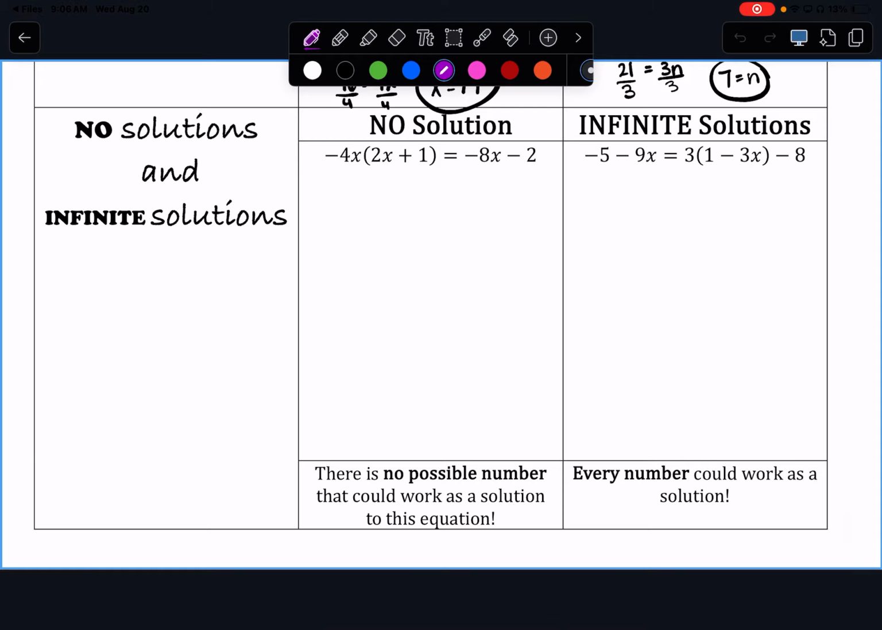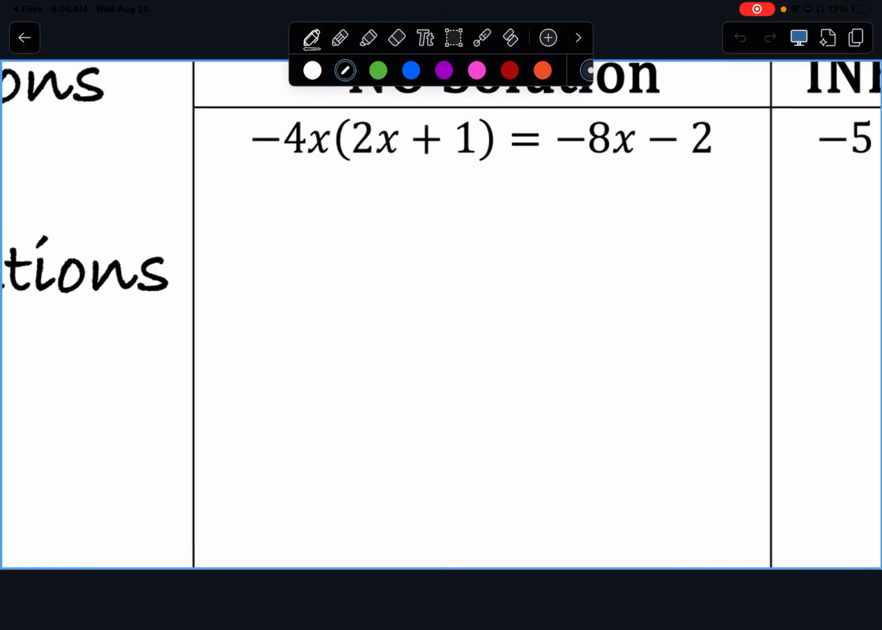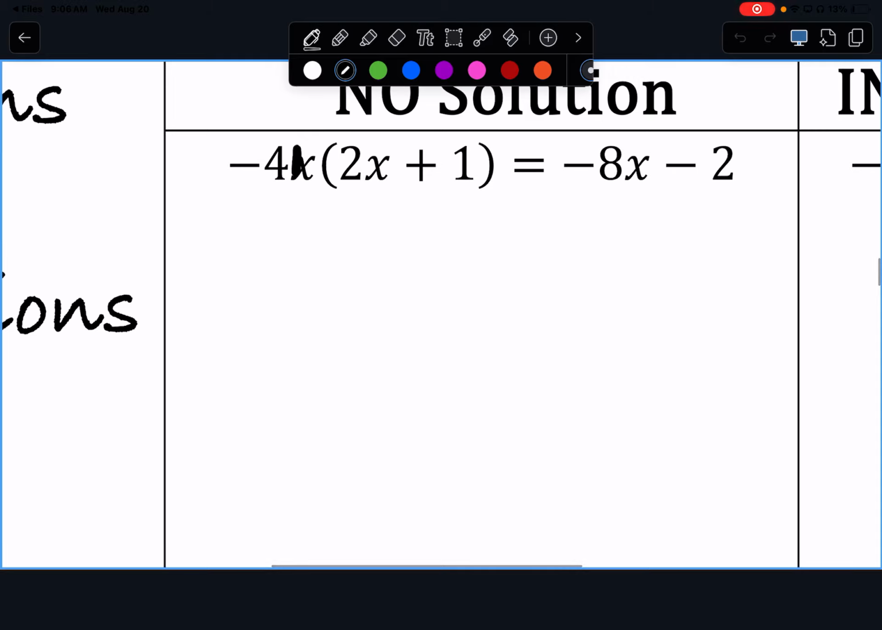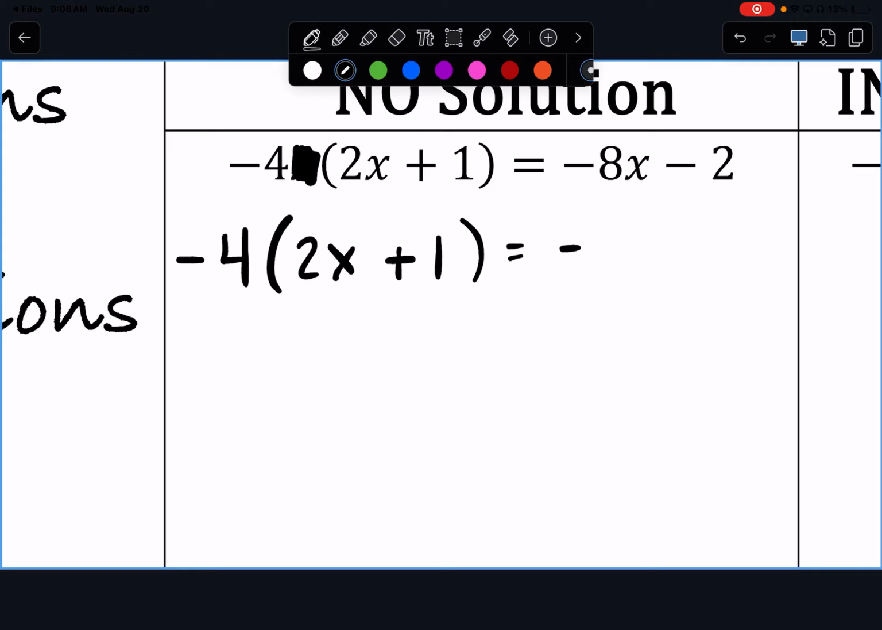First off, I made a typo when I was typing this up. We're going to scribble this out right there. We don't need it. And we're just going to have negative 4 times 2x plus 1 is equal to negative 8x minus 2. Because the way it's written, we do not have the tools in our tool belt to solve yet. We will get those tools, but we're not there yet. So we're going to